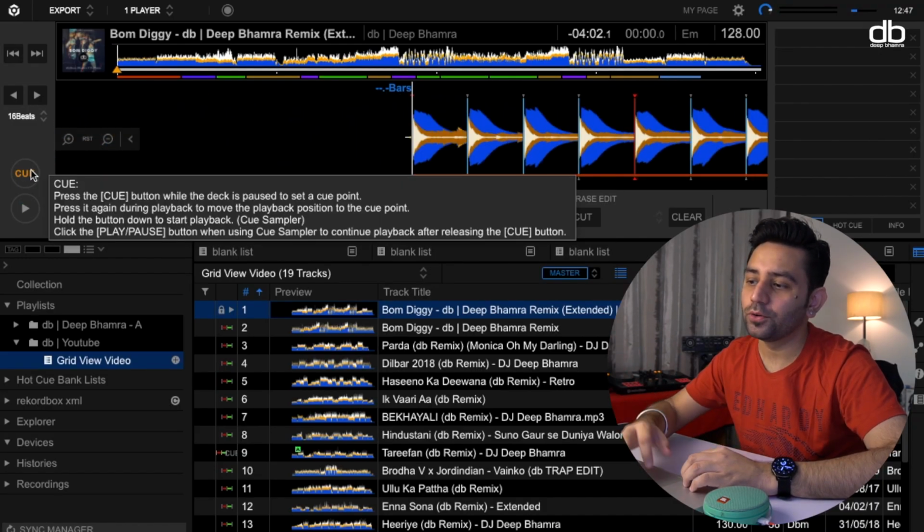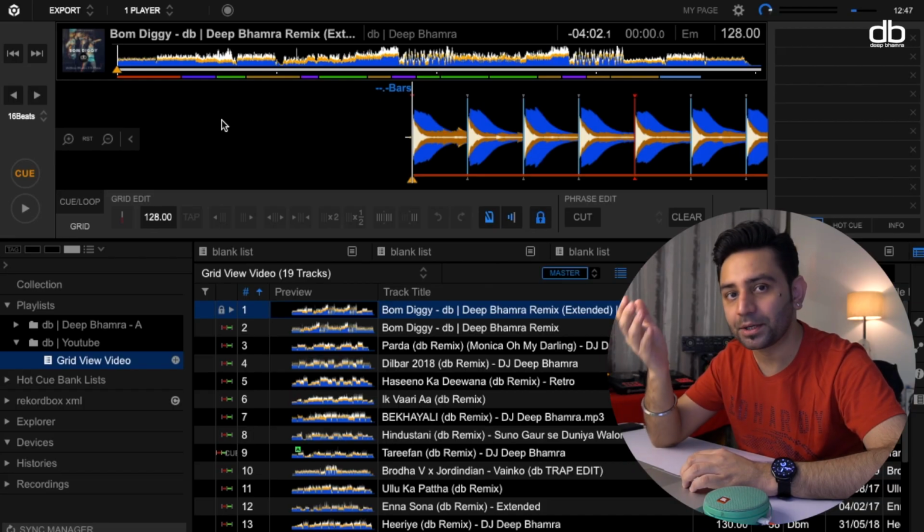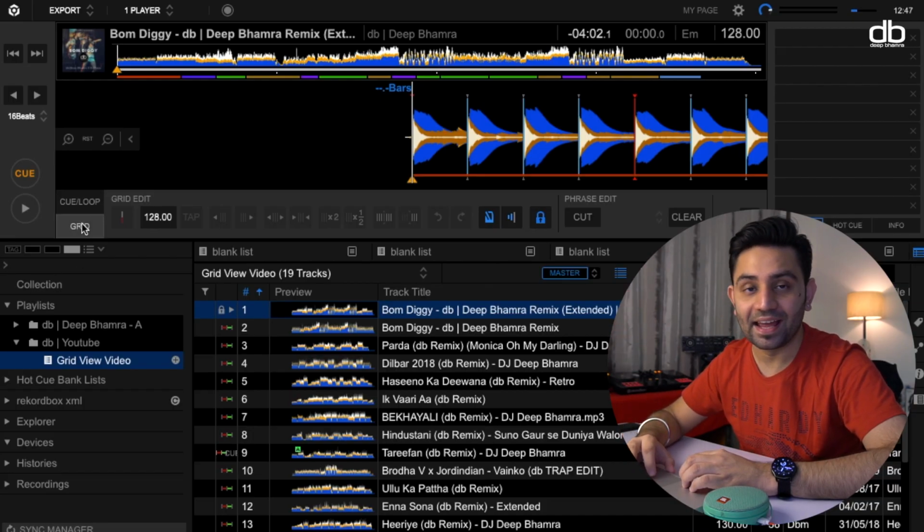Okay, and that is how you fix the beat grid information of a track that has variable BPM using the beat grid editor. You can use the beat grid editor to do a lot of other things to your track, and it is a really helpful tool. If you're interested to learn all the things that the beat grid editor can do, let me know in the comment section below and I will make a full-fledged video on the beat grid editor in Rekordbox.